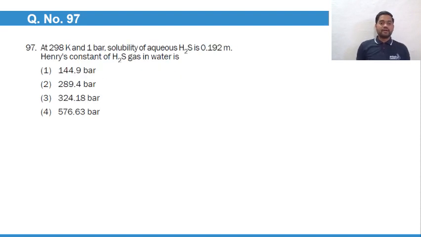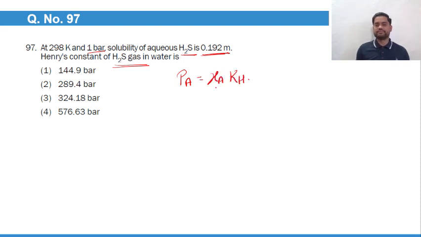Okay, at 298 Kelvin, pressure is 1 bar, solubility of H2S gas is 0.192 molal. Henry's constant for this gas in water. Okay, now Henry's constant will be what? At this particular pressure, this is the solubility and this is the constant. So this is given as 1 bar. We need to calculate XA, we don't know, and we need to calculate KH, which we don't know, but